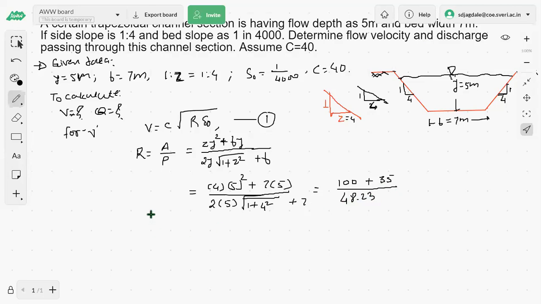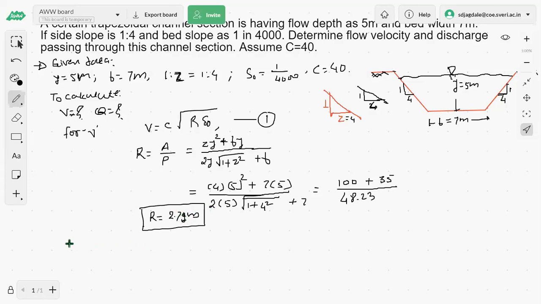So what is the value for R? Hydraulic radius R is equals to 2.799, 2.71 meters. This is the hydraulic radius R. Okay. Now R is known to us. S naught is given to us. We will go for the velocity. Now put 2.799. Please do check the answer, sir. I don't have the answer with me. So whatever the answer you have got, please go along with that 2.799, whatever it may be.